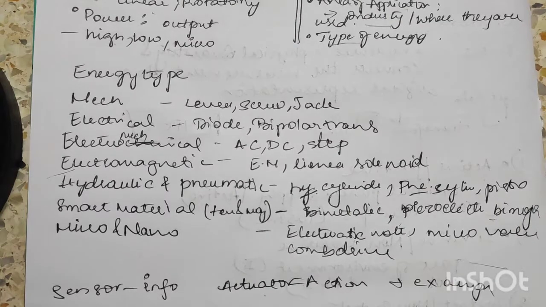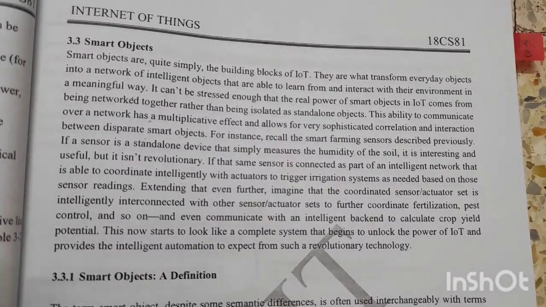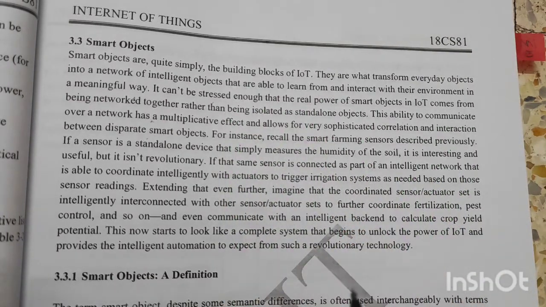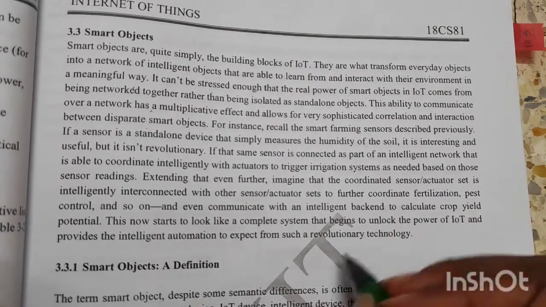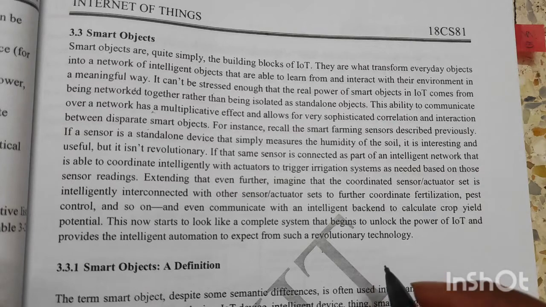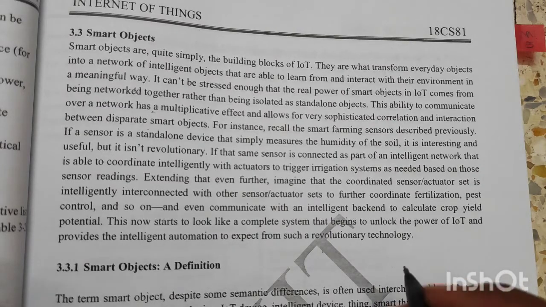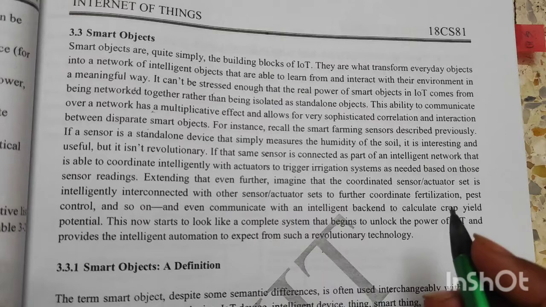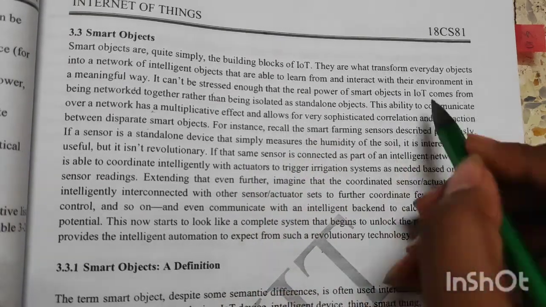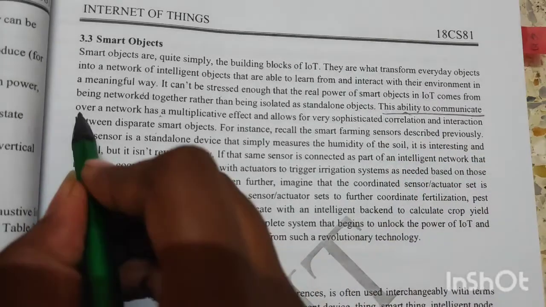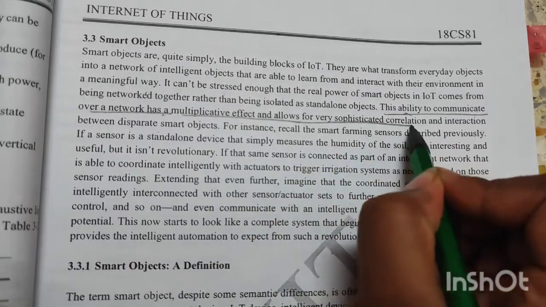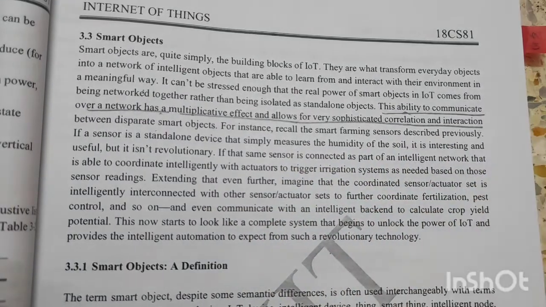example. What are smart objects? Smart objects are like IoT building blocks. What happens here is you have an intelligent object that is able to learn from a given set of training data and can interact with the environment in a meaningful way. This is the ability to communicate over a network that has multiplicative effects and allows very sophisticated correlation and interaction between